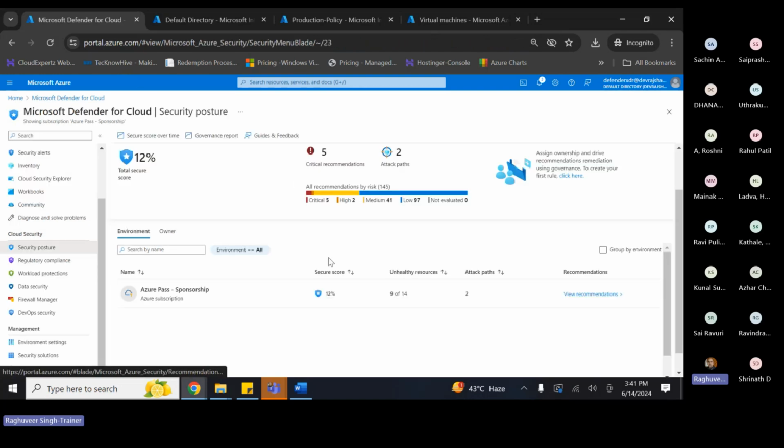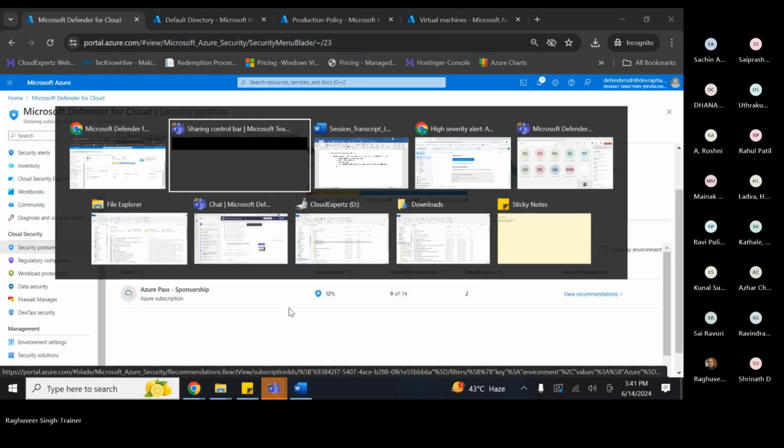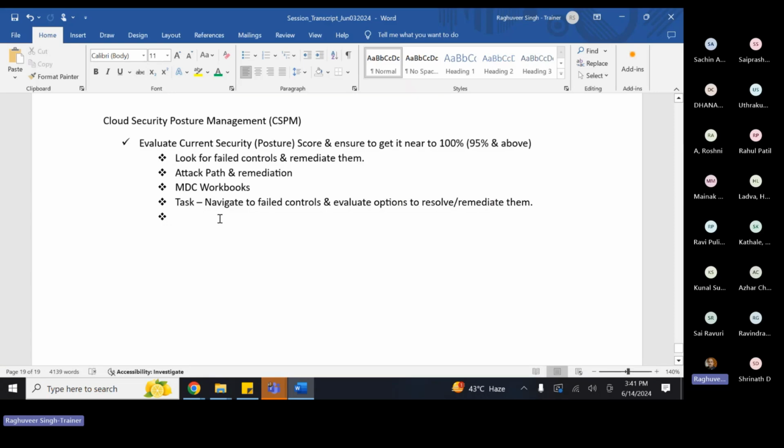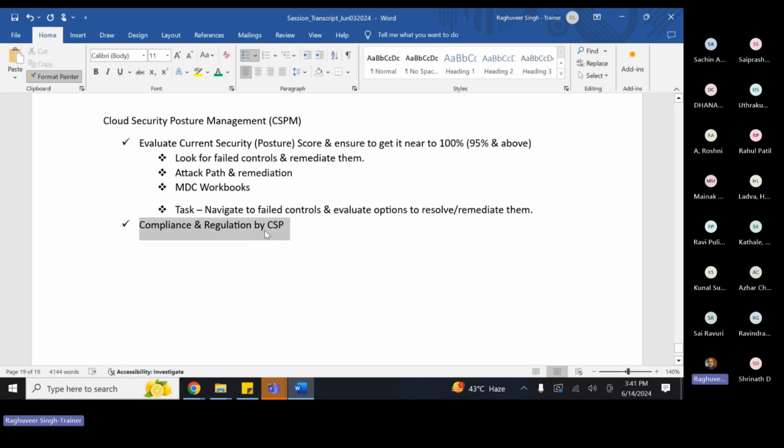Now, the other thing that I wanted to show you is, see, there are two things that you need to understand here when it comes to compliance and regulations. First, compliance and regulation by CSP. Now, first thing is that as a customer, you are expected to comply to certain regulations and